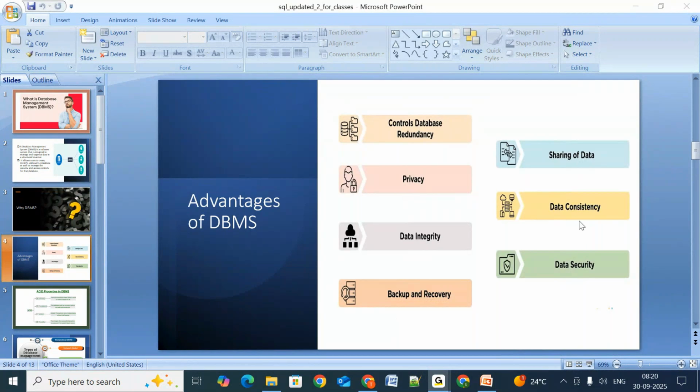If you store data in a notebook, that fetching takes time. Yesterday we discussed, right? If we have 100 records and you want to get the 99th record, you have to scan from 1 to 100, which is very hectic. So that retrieval is slower. Three disadvantages we found if we store data in notebooks. If we store data in Word or Excel, maybe you have something called a filter, right?